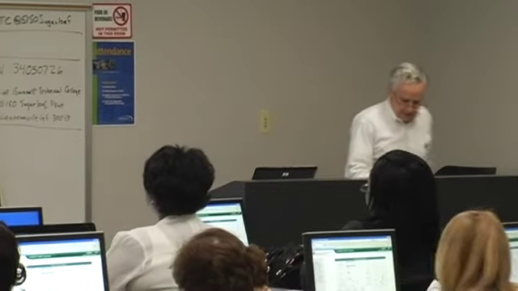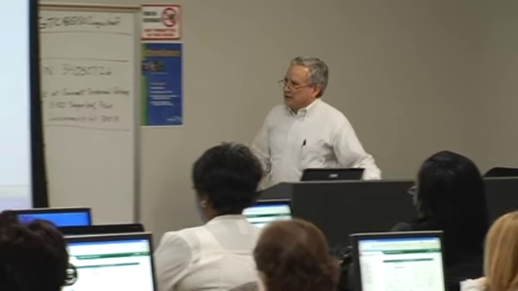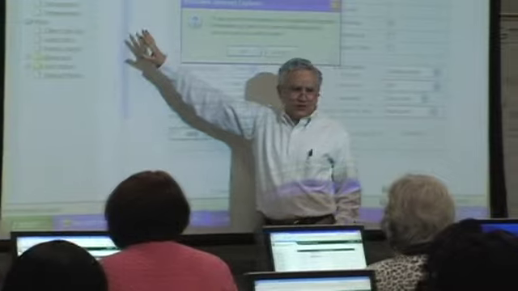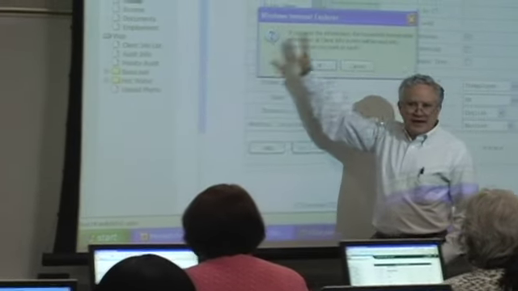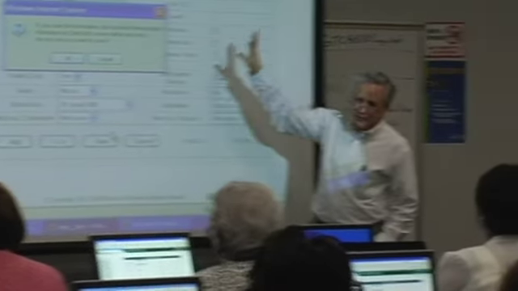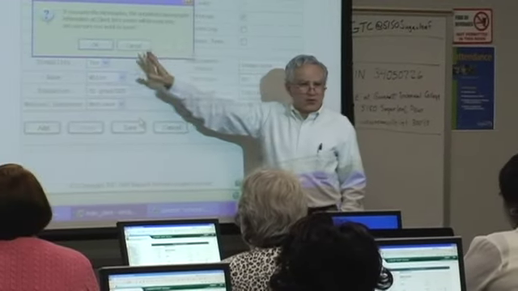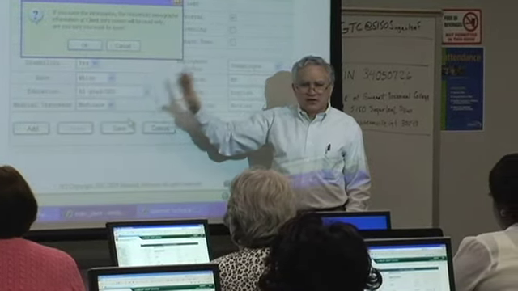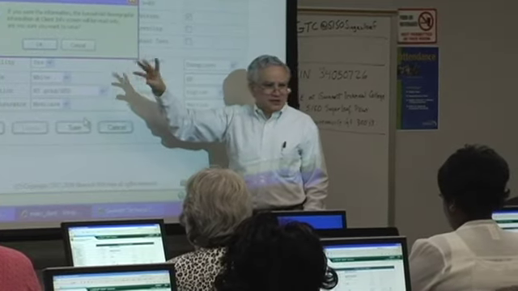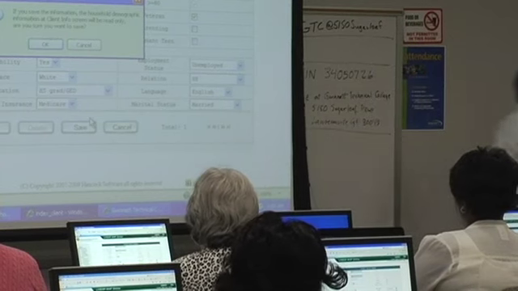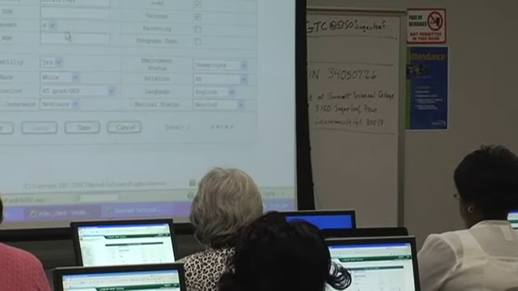So once I put that in, I can save that information, and I get a pop-up notifying me that when I save this information, once I use a family record, I can no longer edit the family info screen. So that's what this is telling you. Once you use the family record, your ability to put numbers in that section on the household demographics is going to go away. So if I say OK here,